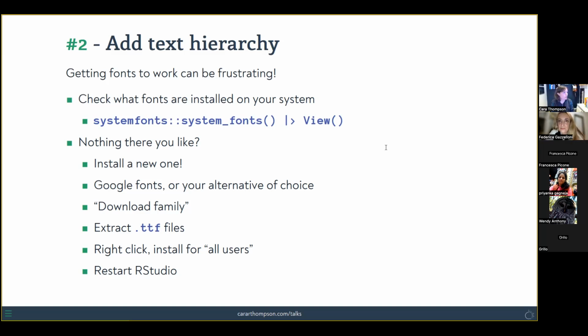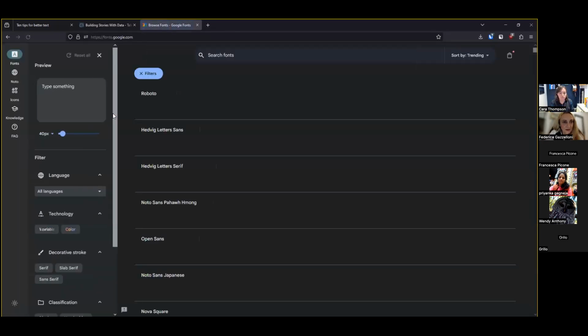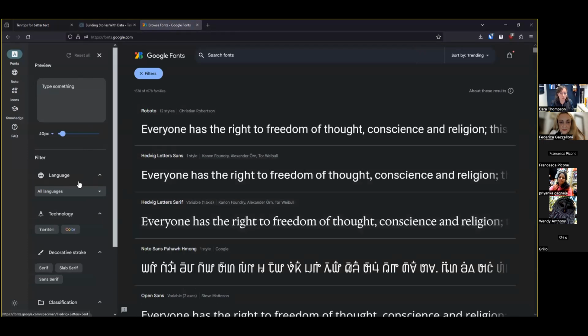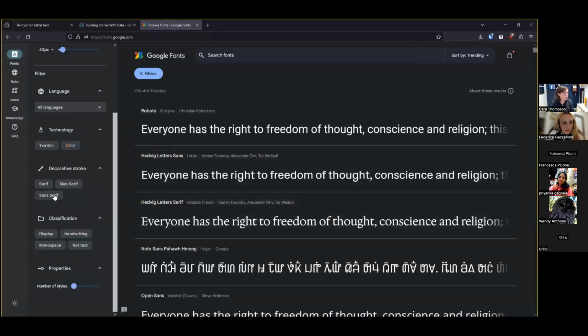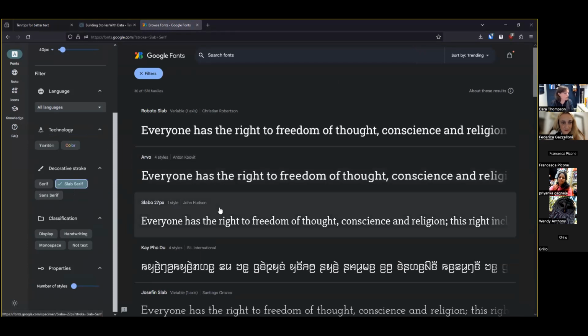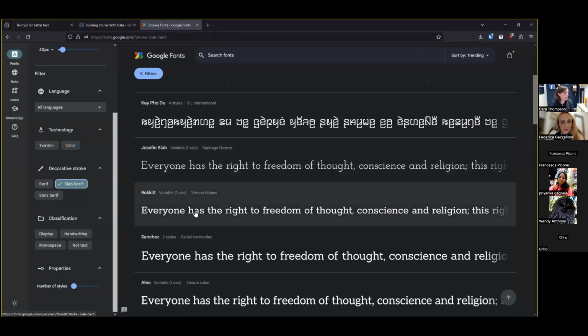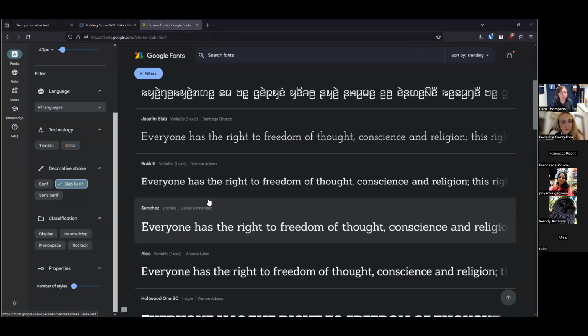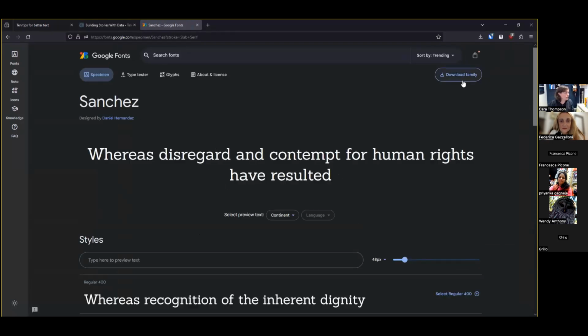So here, why don't I go to Google Fonts, and you can search for different fonts of different types. So you can say, I want a slab font, for example. And let's try this one. I don't think I've installed this. I'll come to some tips for choosing a font in just a minute, but let's say we like the look of the Sanchez font. What you would then say is download family. Once you've clicked on it, you download the font family, and then you open it up. And once you're in that folder,